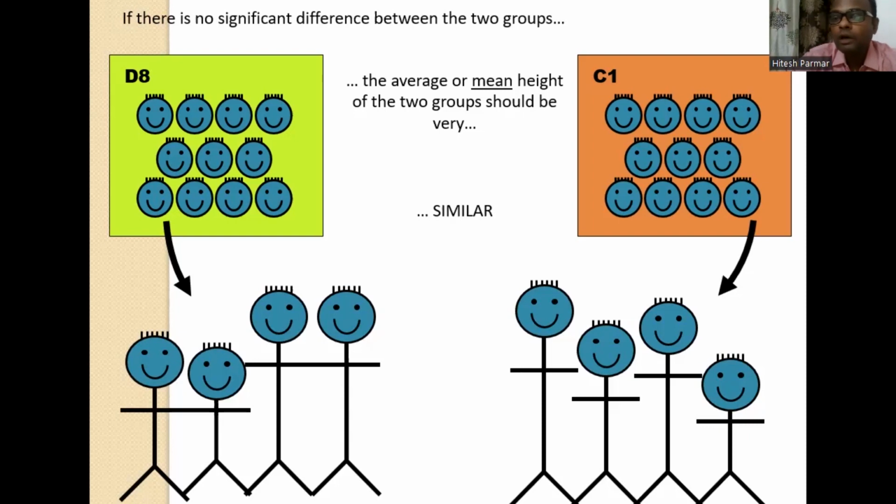Now height is what variable? If we classify the scales of measurement, there are four scales of measurement: nominal, ordinal, interval and ratio. So in terms of scales of measurement, height is a ratio variable. So whenever you want to compare any interval or ratio variable of two groups, at that time t-test will be applicable,